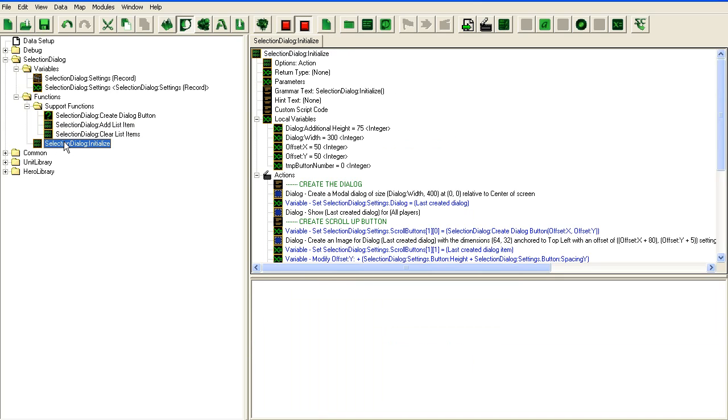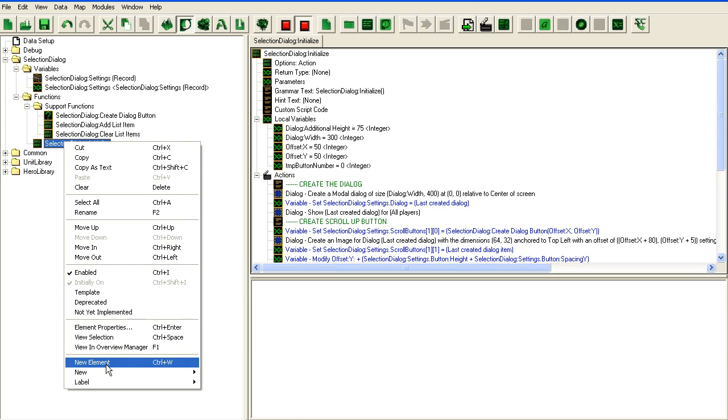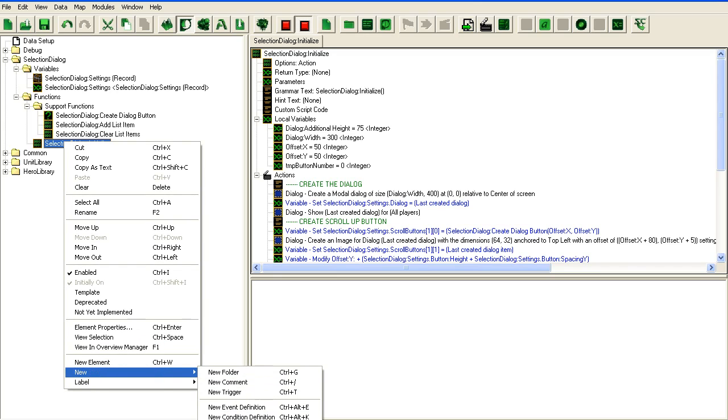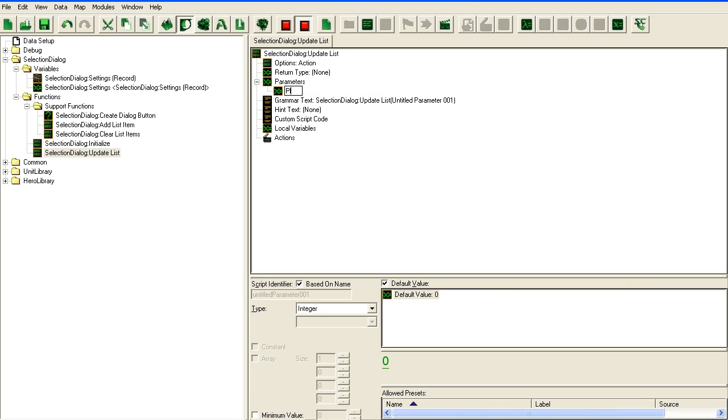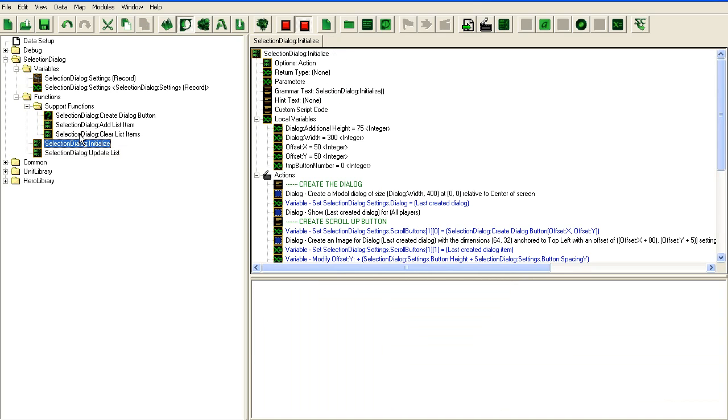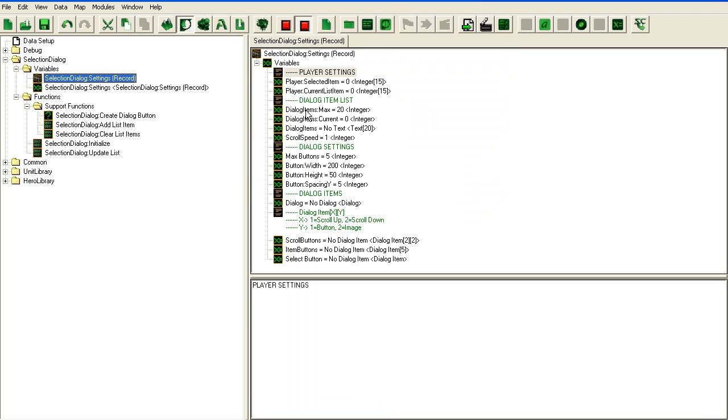Now we need to write code to update the list. So I'm going to write a new function here, action definition. Update list. Doesn't need any parameter, it needs one parameter. Player ID. Yeah. I kind of forgot something here. Obviously,